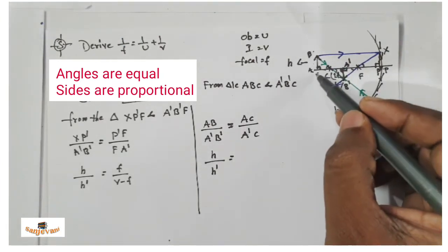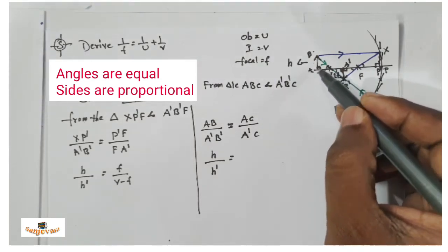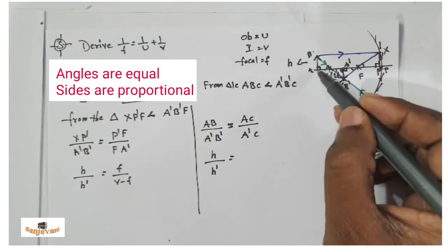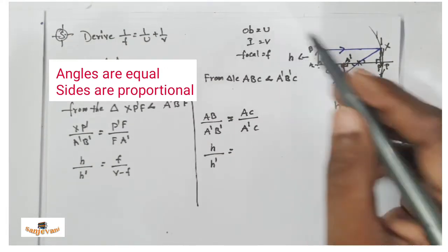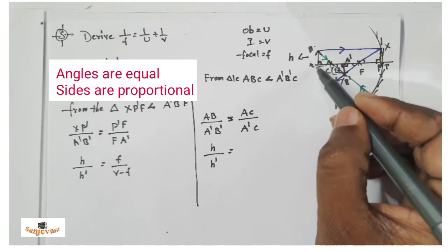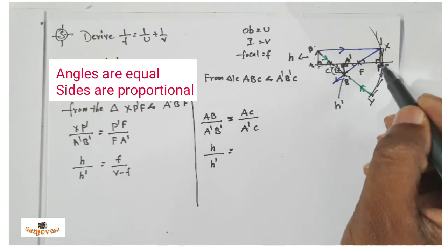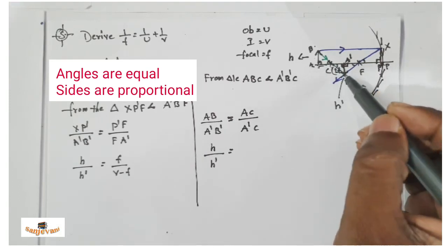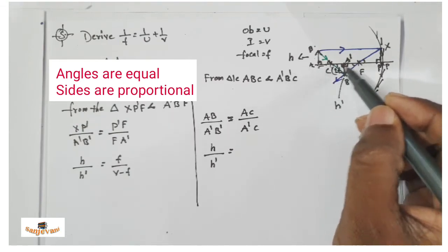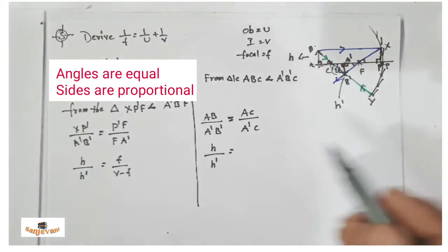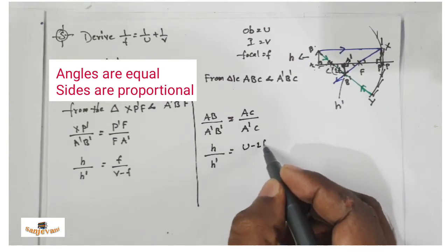Where is A? It is A and it is C, this path. What is AC? We know very well, from here to here is considered as the object distance, that is U. Is it clear to you? In this total we need only this path. That means we need to subtract from here to here. I told you previously that from here to here it is the radius of curvature, in other words we can call it 2f. That means U minus 2f gives us this path. Then to get the AC value I am writing it as U minus 2f.